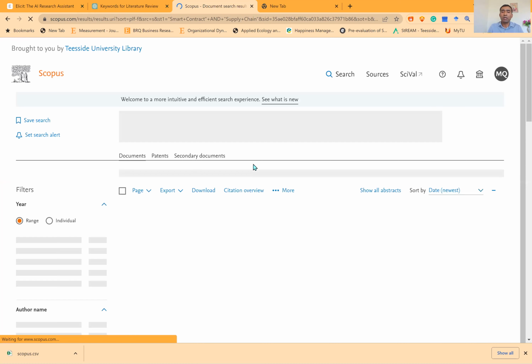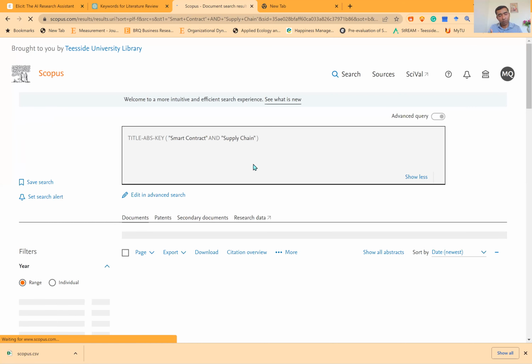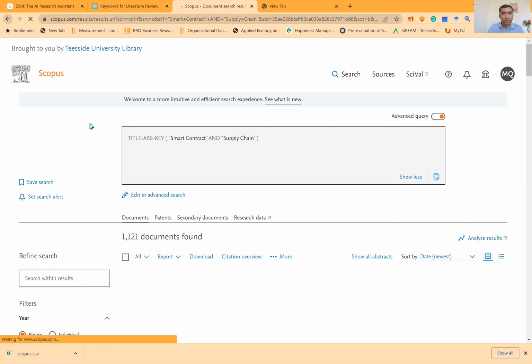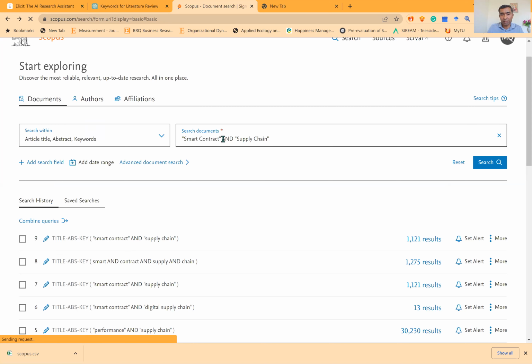Okay, so we are clear about our keywords and the way we use them. Now, these different databases use Boolean operators. So you can use and, you can use or, you can use not. All these Boolean operators you can use in these databases. For example, if I change this one, with the same research question, I want smart contract, but not supply chain. So if I change and to not, it means that the system will behave oppositely. Now you do understand what the system will